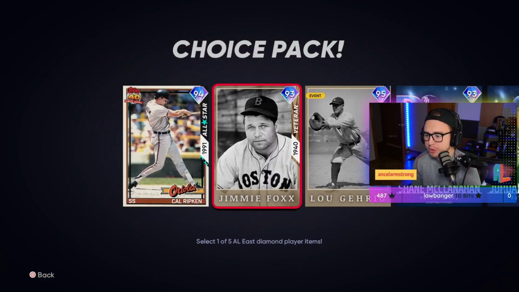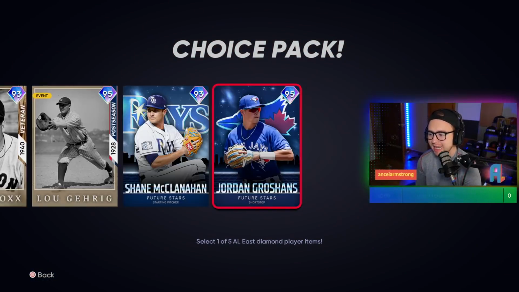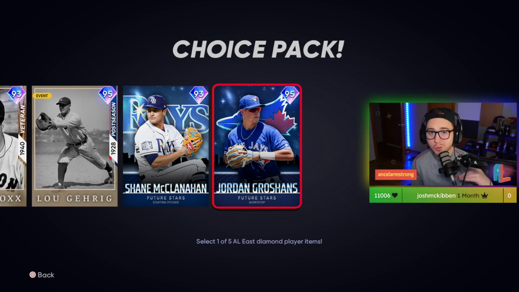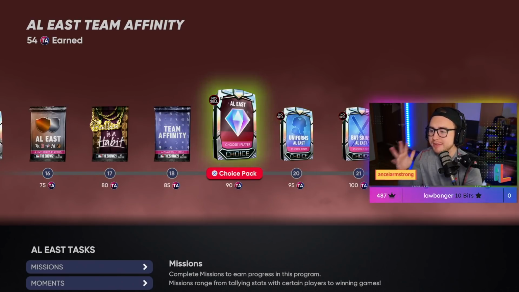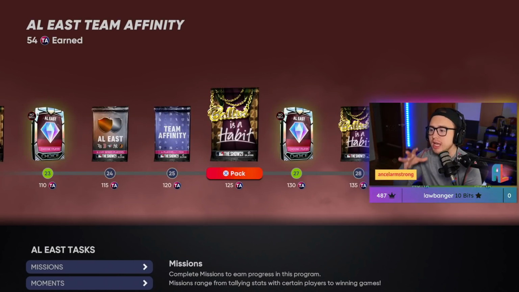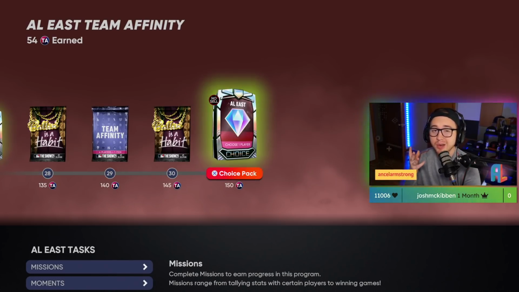And we're getting, of course, the main packs here for the AL East. We got Cal Ripken, Jimmie Foxx, Lou Gehrig, McClanahan, and Jordan Groshans. We'll have another video coming out later on the channel where I'm going to be ranking all 30 Team Affinity 2 cards so you can get an idea of which ones you should be grinding for. But, of course, we keep going. We have tons of packs, tons of rewards, tons of little juicy goodies for playing the game here with Team